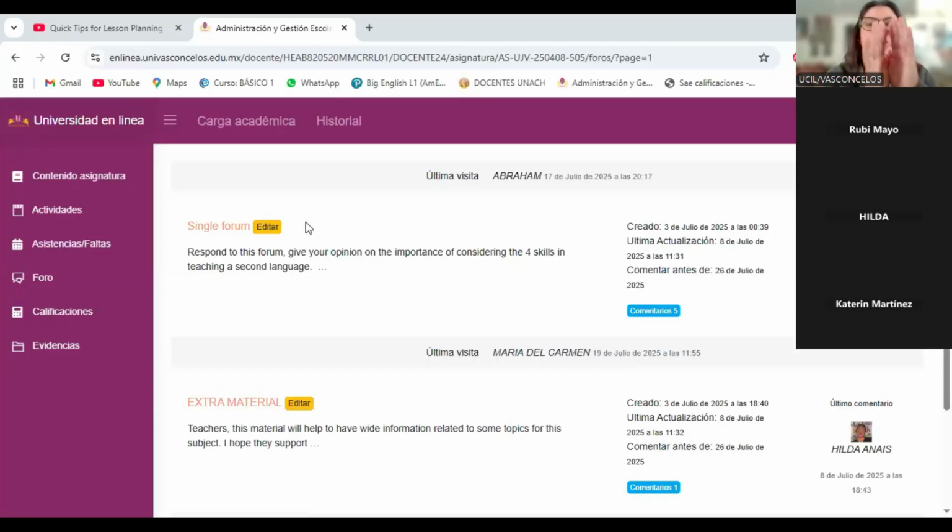Let me share my screen. Wait a minute. Here we have the single forum. That is the only forum you are going to comment on. This is the only one. The others are just information, right? But the only thing you have to do is this forum. Okay, single forum, perfect. Thank you. Yes, you have time. As you can see, I have only 5 comments, right? So you have time. Try to do it. You just have to answer the questions. That's all. Okay? No more questions? Okay. No more. Thank you.